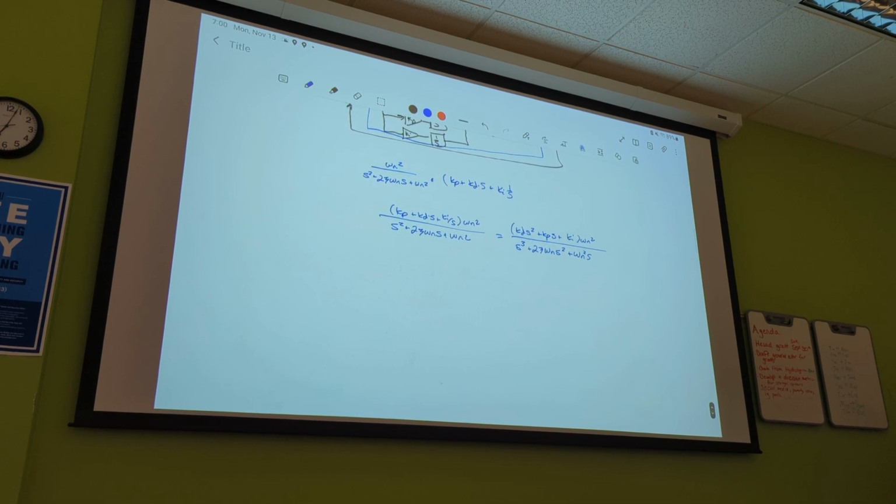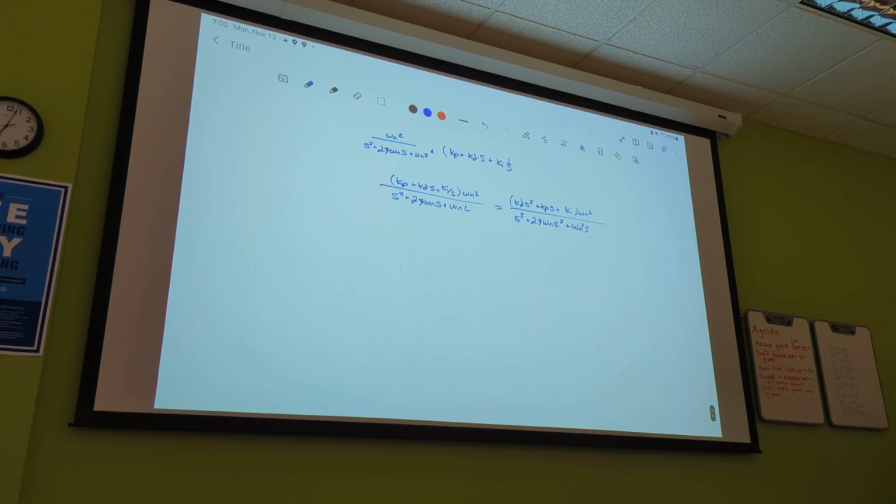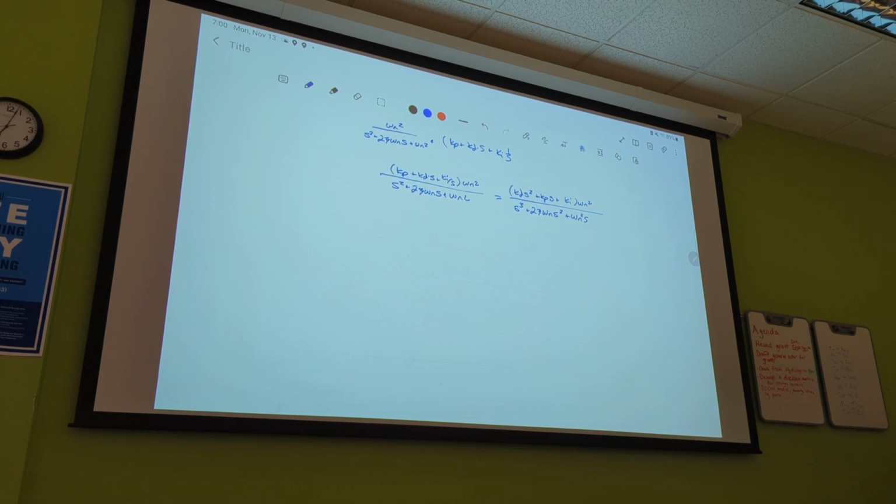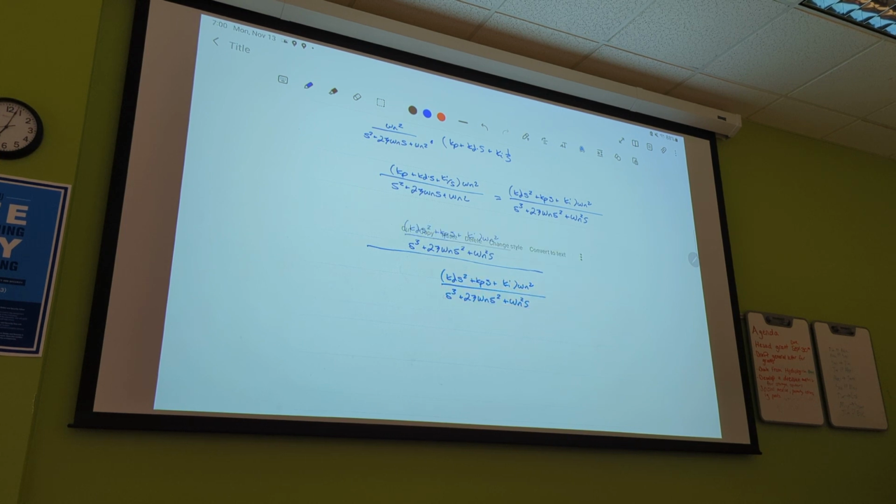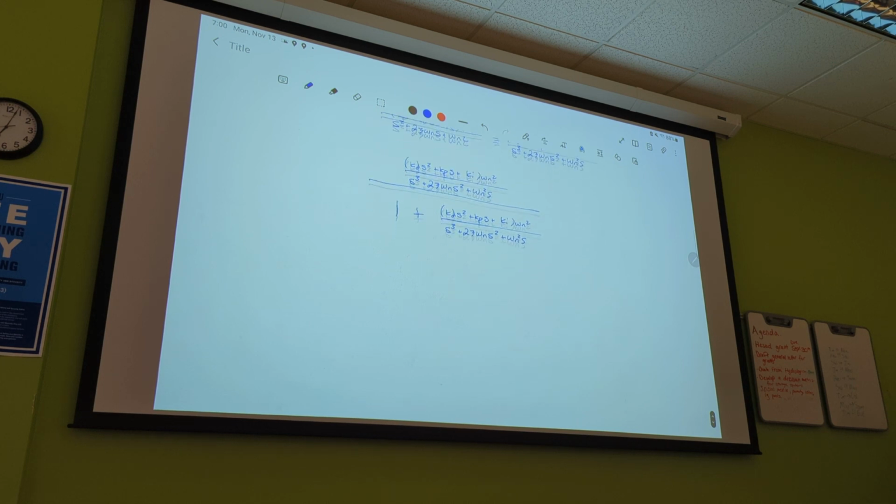And then we apply the block reduction rules to that. We're going to get, copy this to save time, and 1 plus that. So the closed loop transfer function is going to be